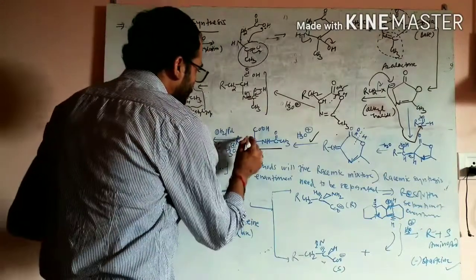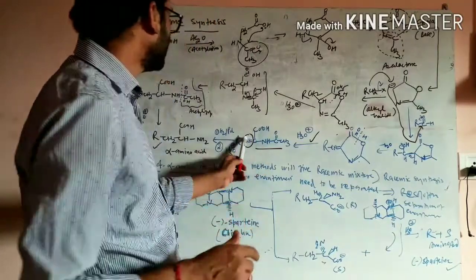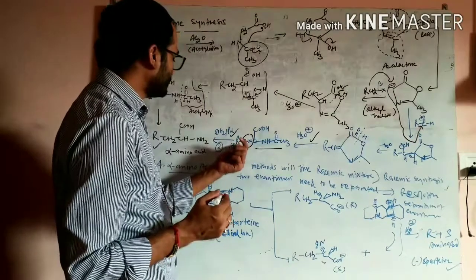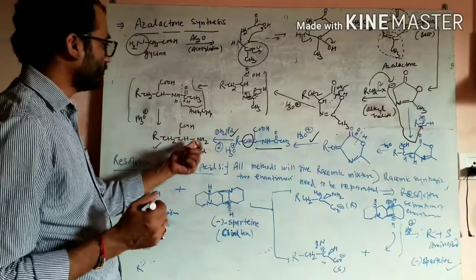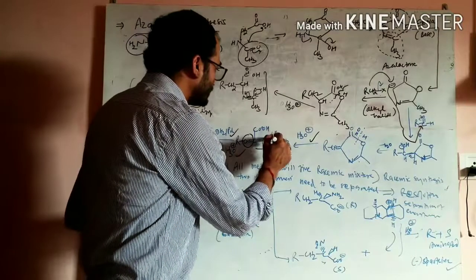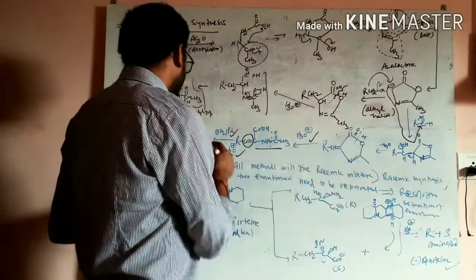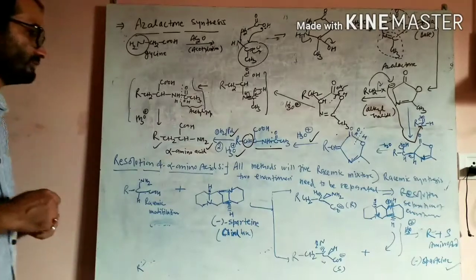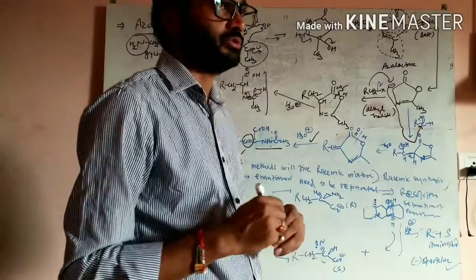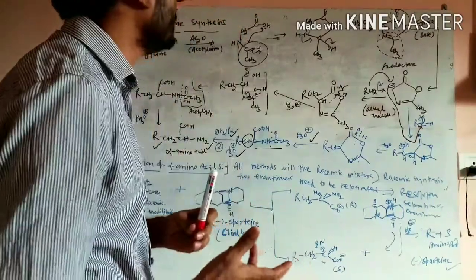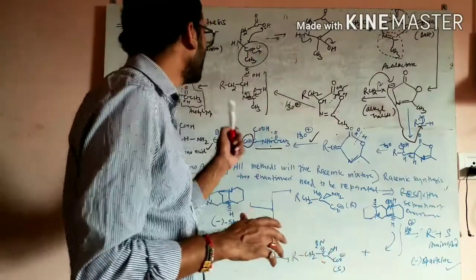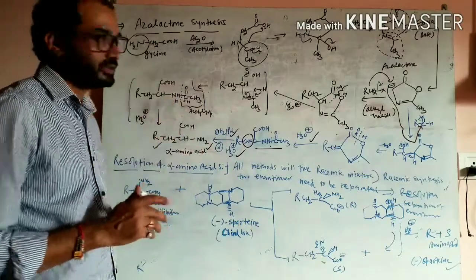Now our only aim is to remove this C double bond C. So this is hydrogenated over Pd. It will form RCH2CHCOOH, and after hydrogenation, this is further hydrolyzed under acidic conditions. This acetyl group will be removed from here. This is deprotected and will convert into this amino acid. So this is another method, a very important method for the synthesis of alpha amino acids. A very easy method, with very mild reaction conditions. This is a very important method for the synthesis of alpha amino acids starting from this glycine molecule.